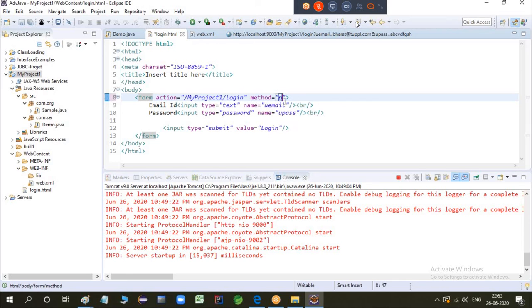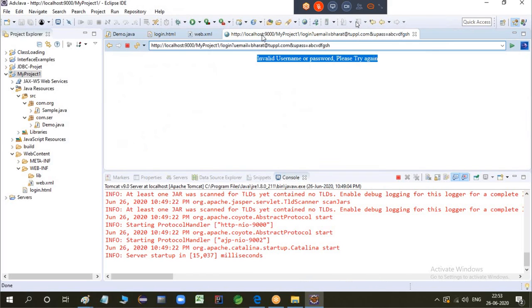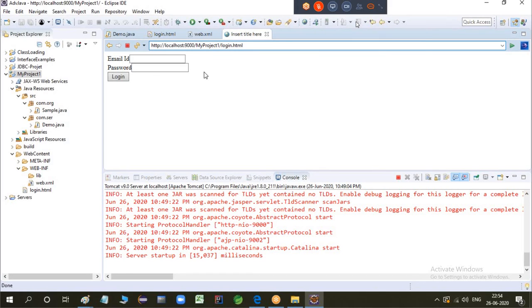So what you can do, you can just change to the post request. Method type should be post. Save it. Okay, and when you relogin, login.html, I'm entering some password and clicking on login.